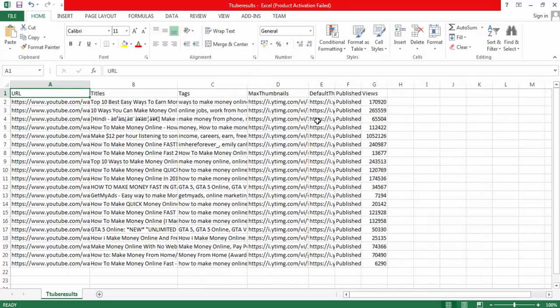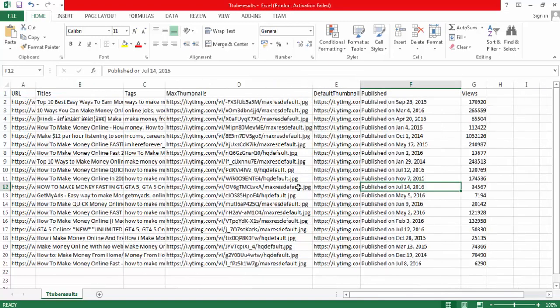Now, this gives a very good overview of what our competitors are doing with regards to their on-video optimization. The whole goal is to come up with keywords and titles using which we can outrank our competitors very easily, especially if their on-video optimization is pretty bad. One thing that you need to look for is the videos that have ranked recently.